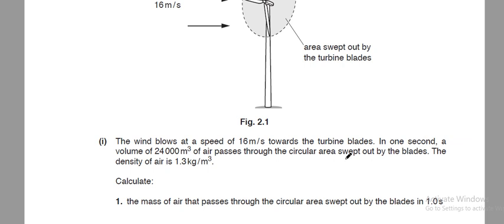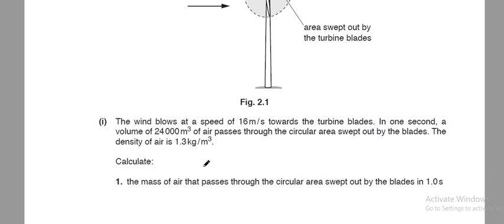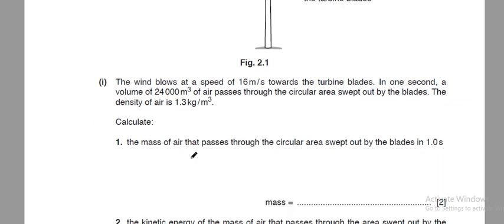In 1 second there is a volume of 24,000 meter cube, and we have the density of the air, so we can simply calculate the mass by the relation rho equals m over v, so m will be equal to 1.3 times 24,000, so it equals